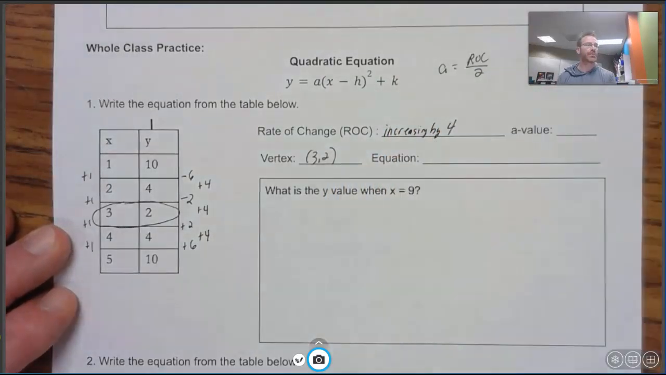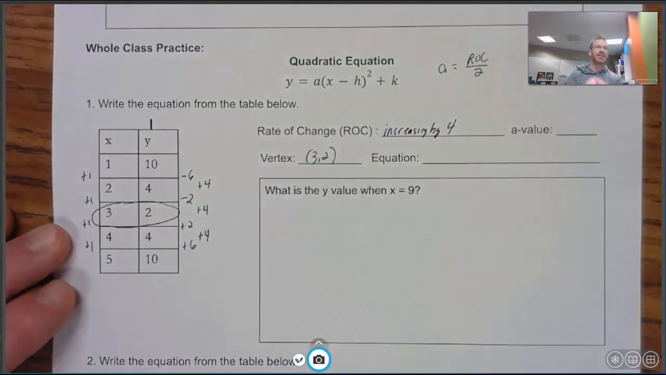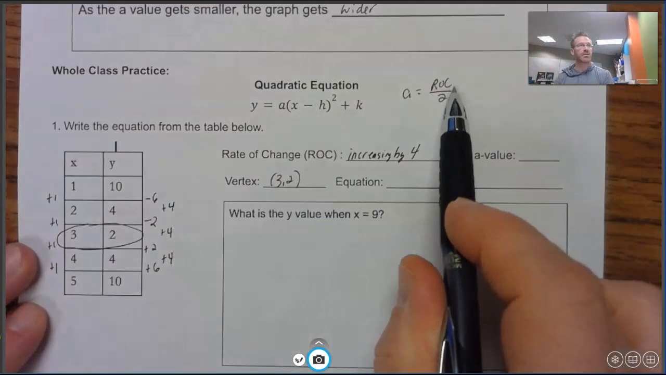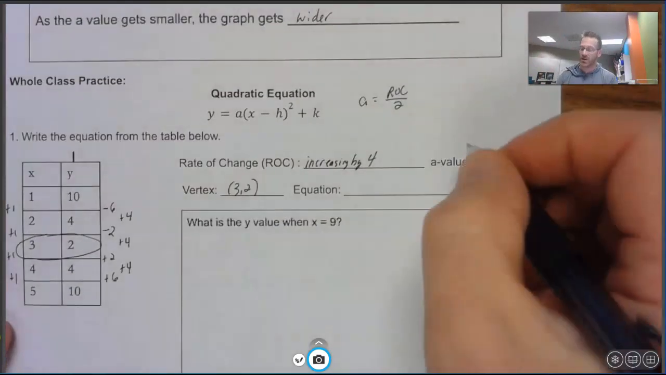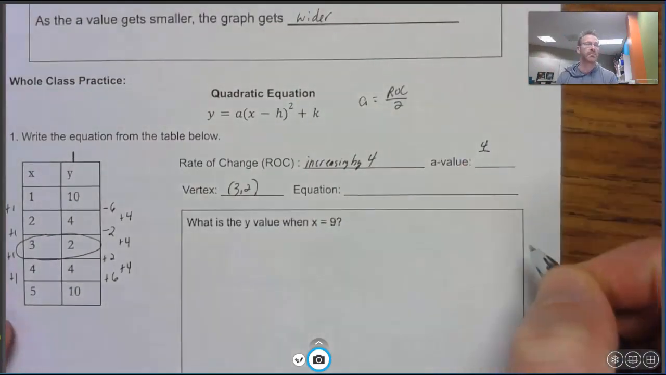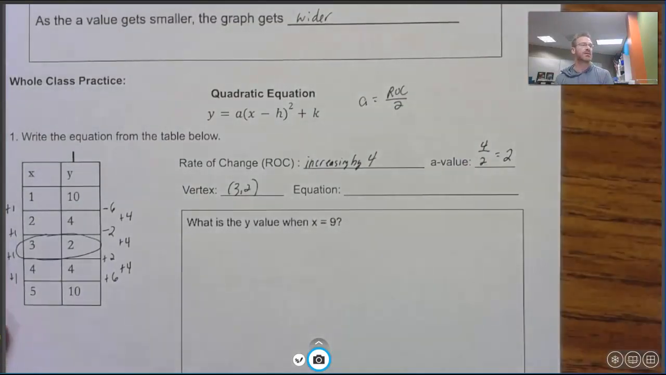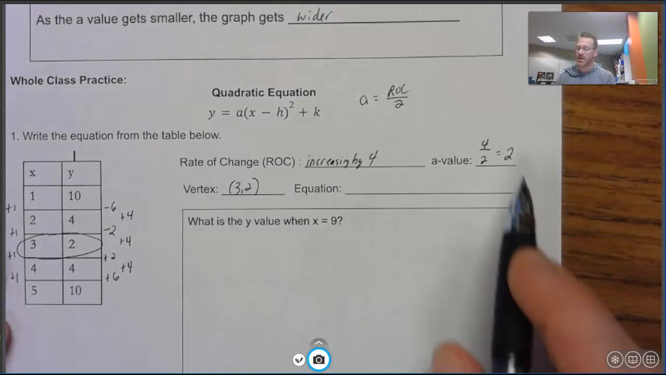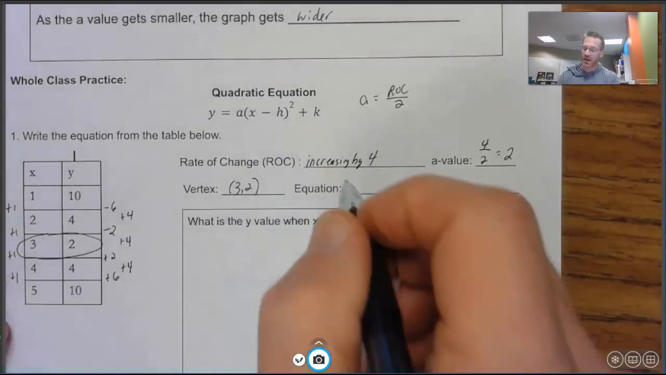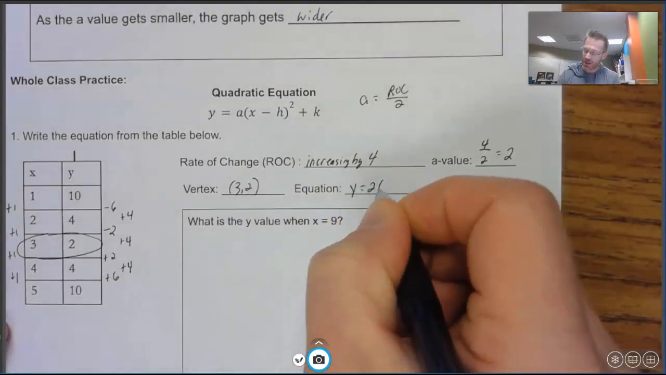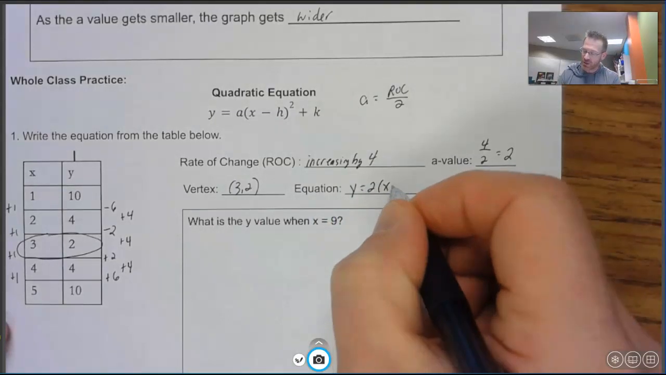by 4. Now, we take that to get our a value. So that goes back up here. We take that value and we divide it by 2. So it's increasing by 4. That's a positive 4. We divide that by 2, and that tells us that our a value is 2. So I can take my a value, I can take my vertex, and I can put that into our equation,